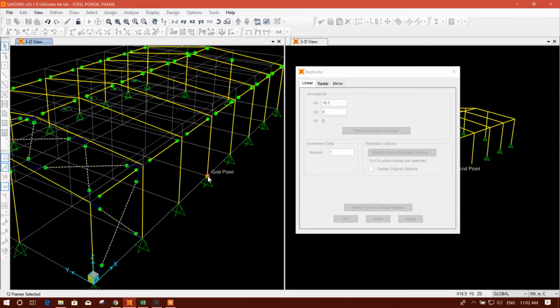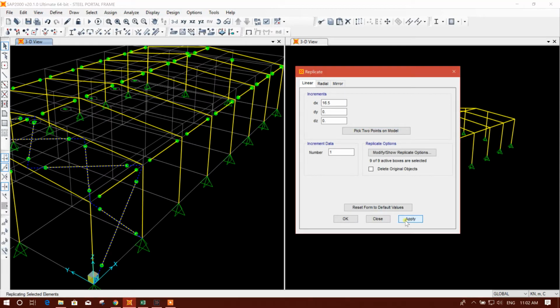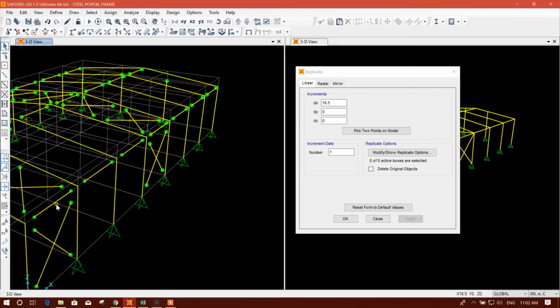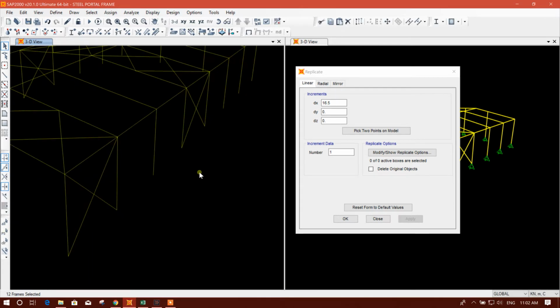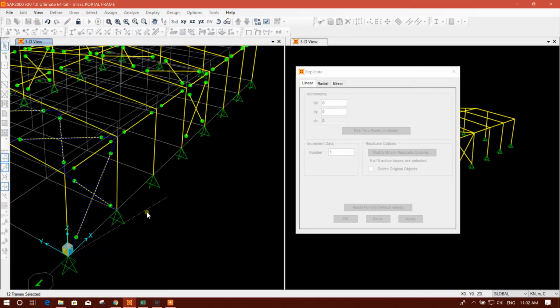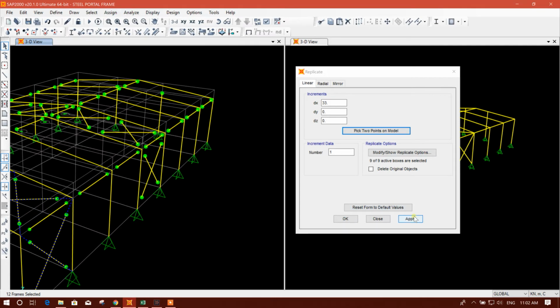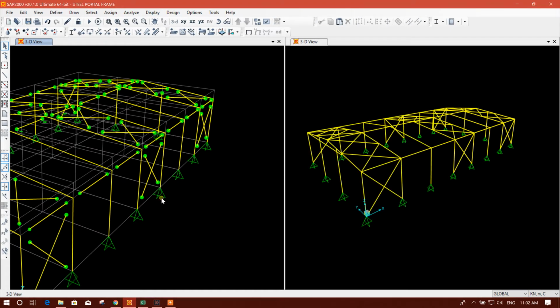That means from here to here I will add in the middle, then previous selection, pick 2 point from here to here. Okay,